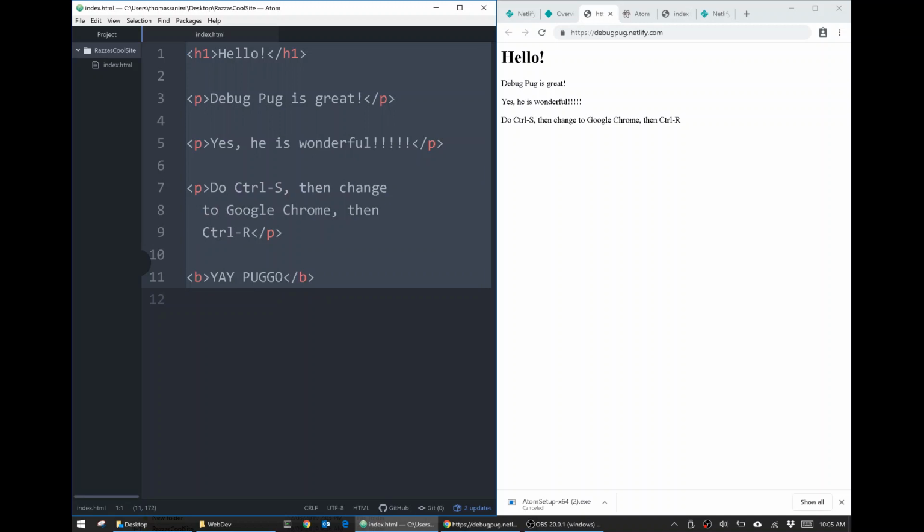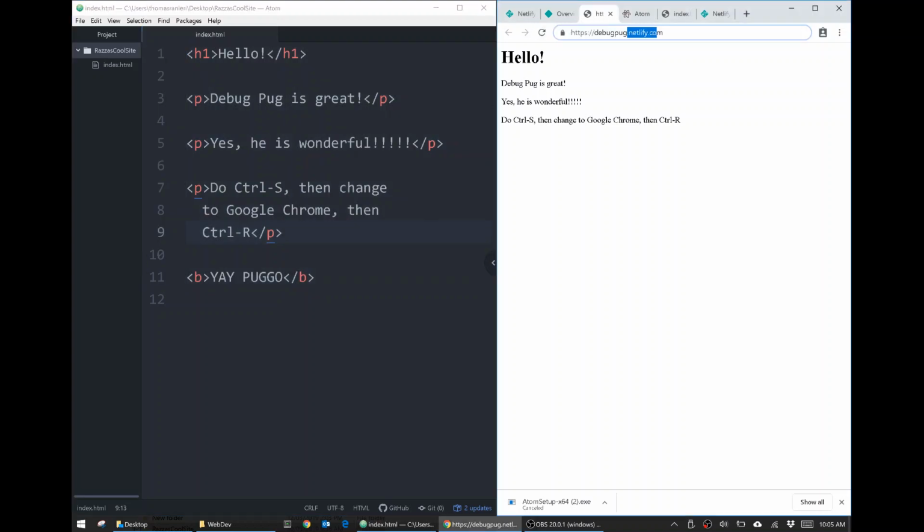I've changed it on my own computer, but I haven't changed it on Netlify's servers. They don't know. They're not creepily stalking every file on my computer, waiting for me to change something. So I need to upload it again. So if you make a change on your own computer and you want to deploy that again to the internet, you want to update your website, then